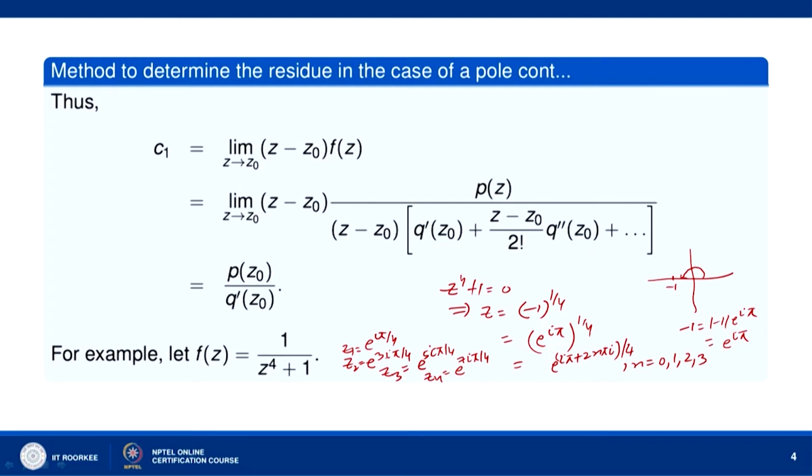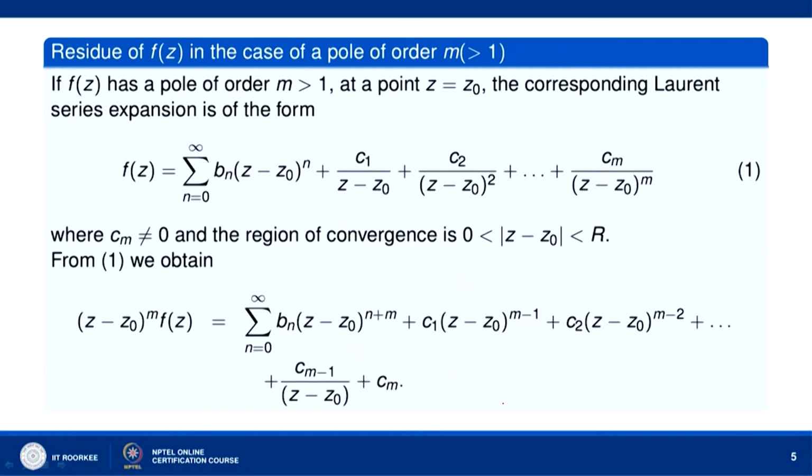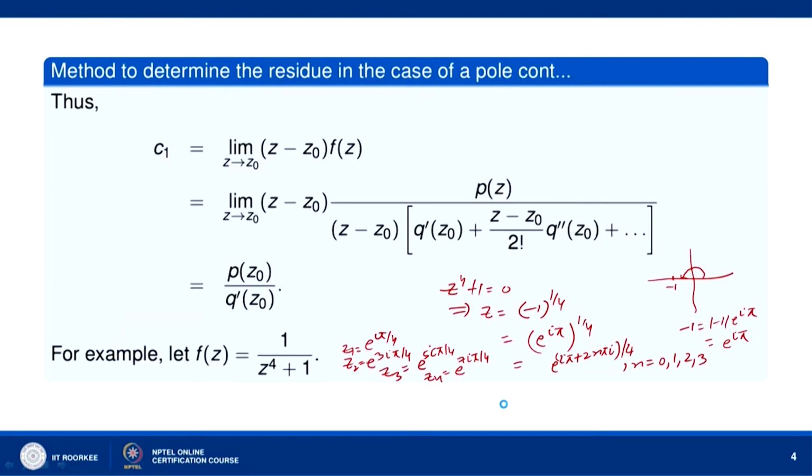Now let us plot these 4 roots z1, z2, z3, z4 in the Argand diagram. So if you draw them in the Argand diagram, since mod z is equal to 1, z is (minus 1) to the power 1 by 4, so all the 4 roots lie on the unit circle, mod z equal to 1. The first root is z1 equal to e to the power i pi by 4, so it lies here, its argument is pi by 4 and absolute value is 1.